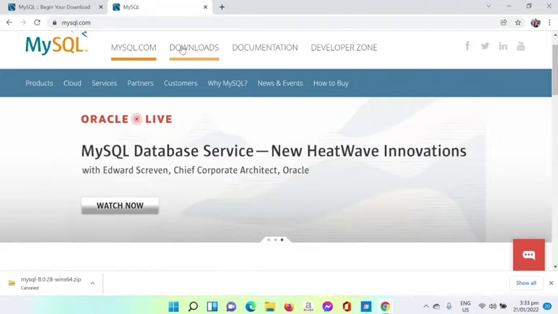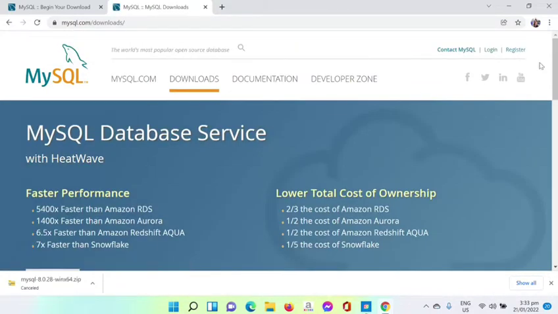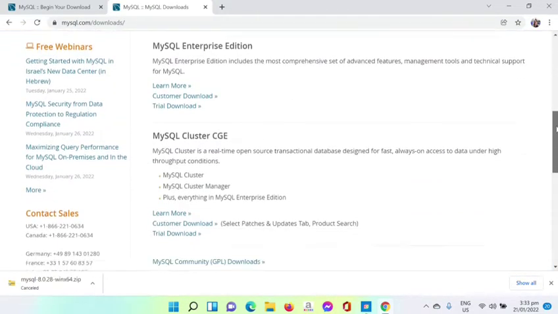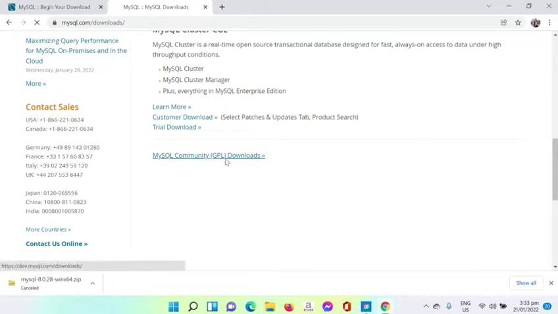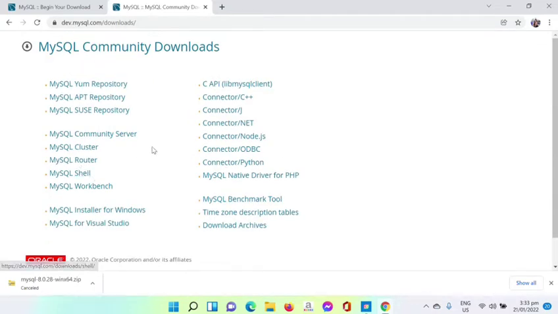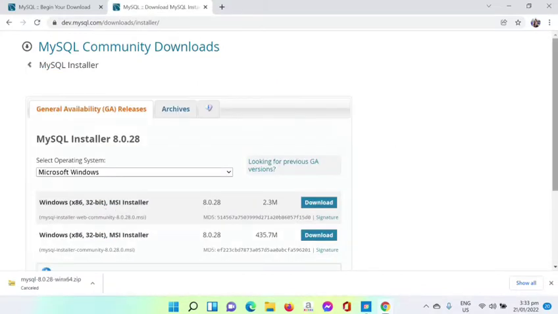Then go again to downloads. Click the community GPL downloads. Then here, I'm going to click the MySQL installer for Windows since we're going to download and install the MySQL installer. So double click and then